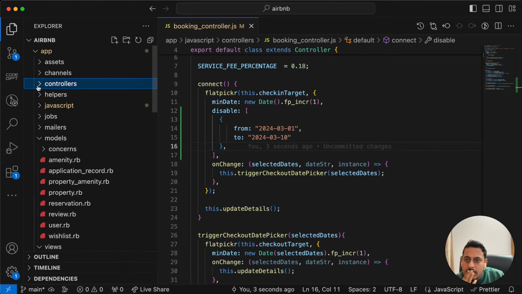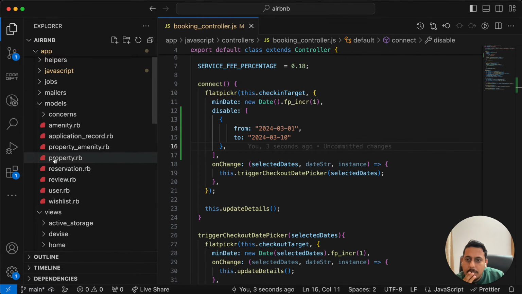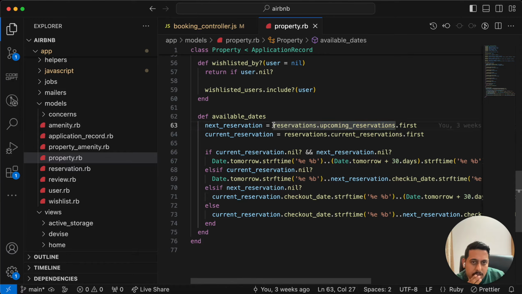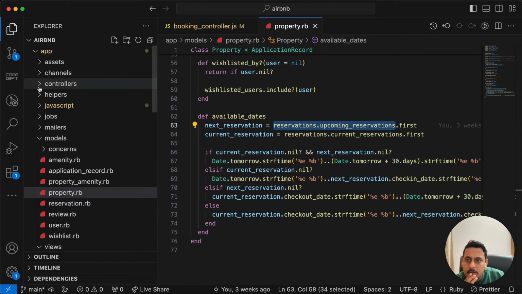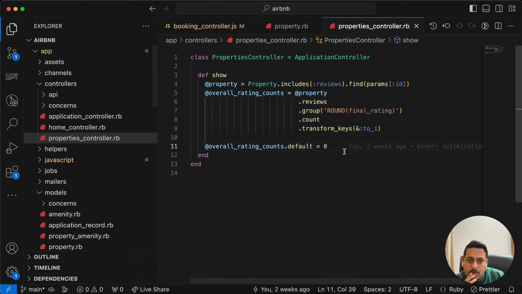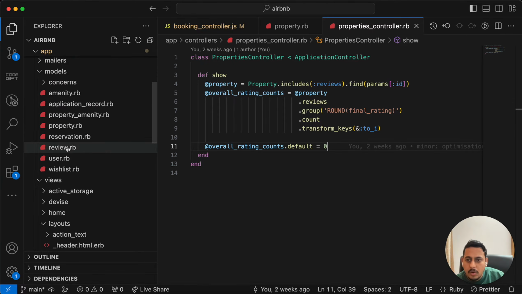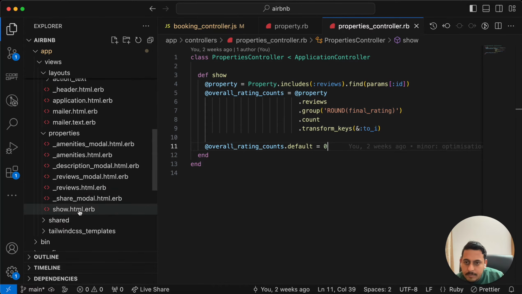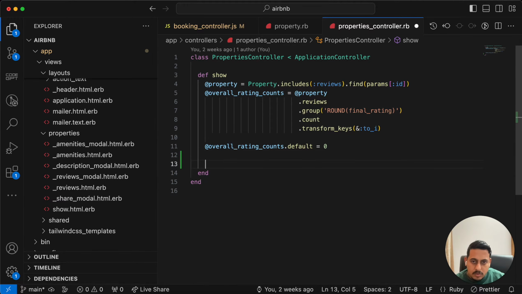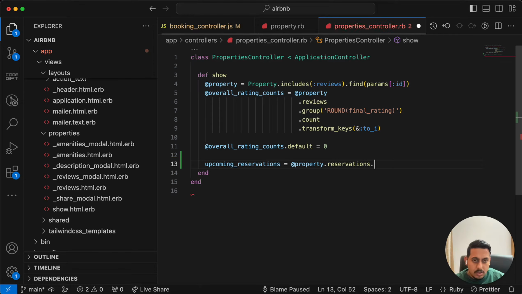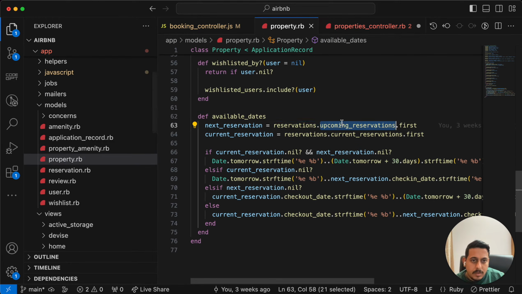Let me have a look at our property model. In that we had used this reservations.upcoming_reservations, right? So we can use it again. Let's go to our properties controller, because this is responsible for passing details to our show view, which is here, the show.html.erb file. So let's do this. Upcoming reservations equals to @property.reservations.upcoming_reservations,